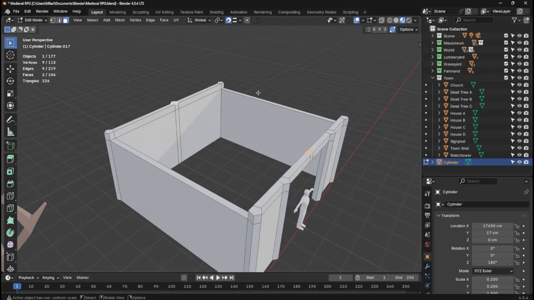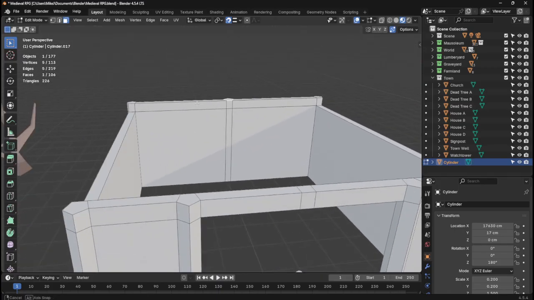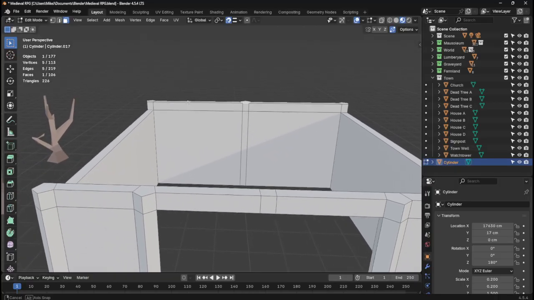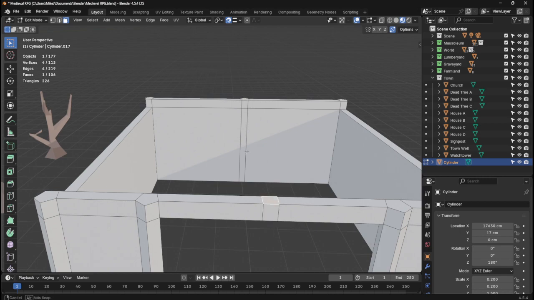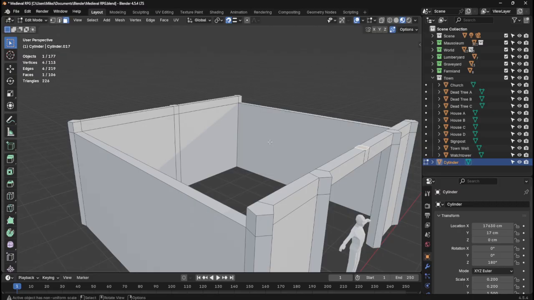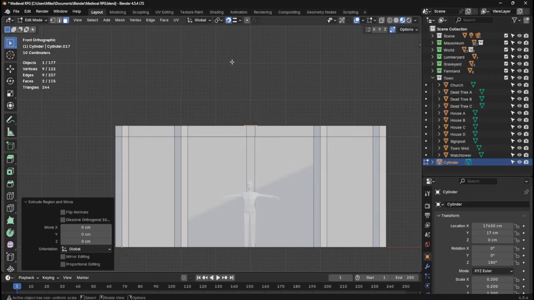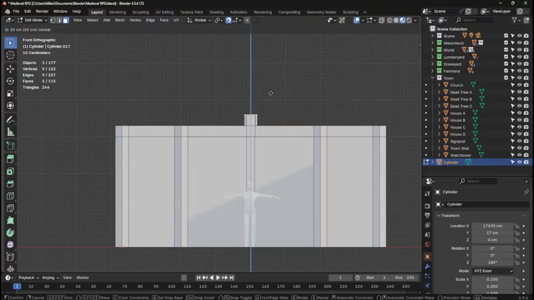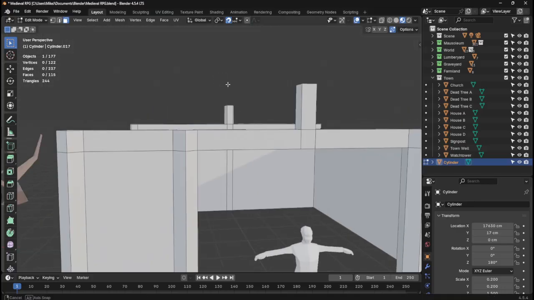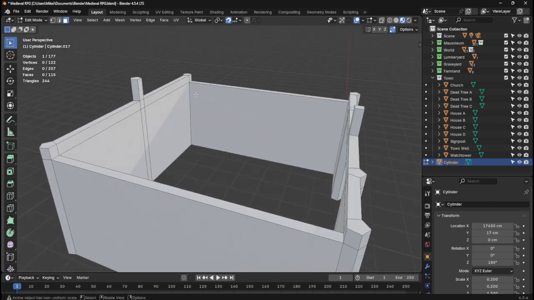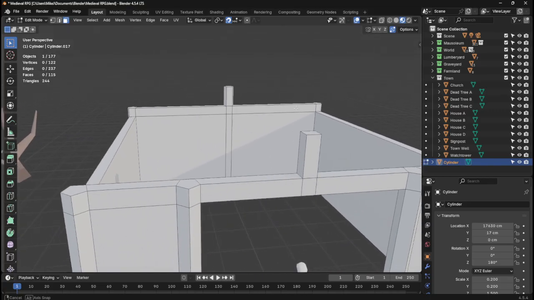Oh, is that why? Well, that's going to be a bit awkward. So that's the height, and then